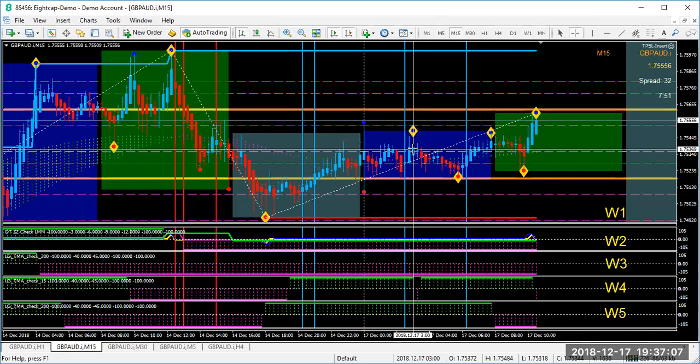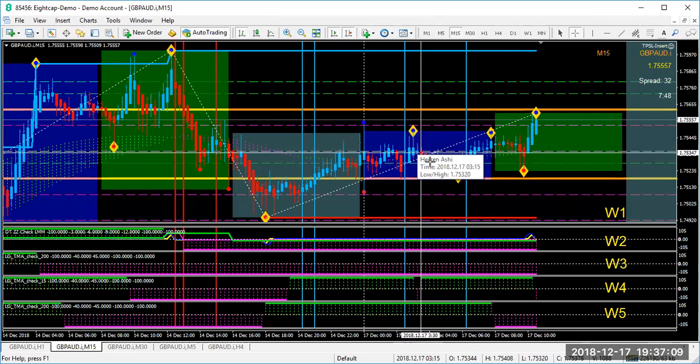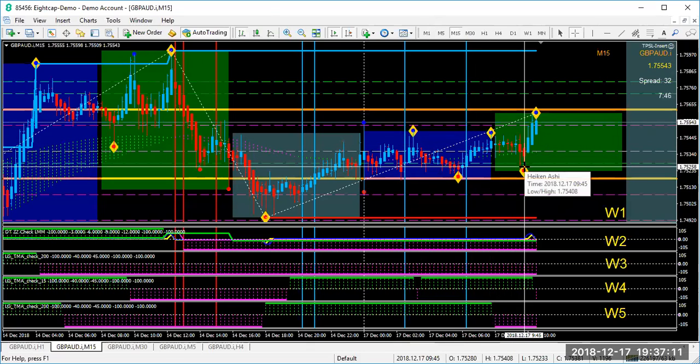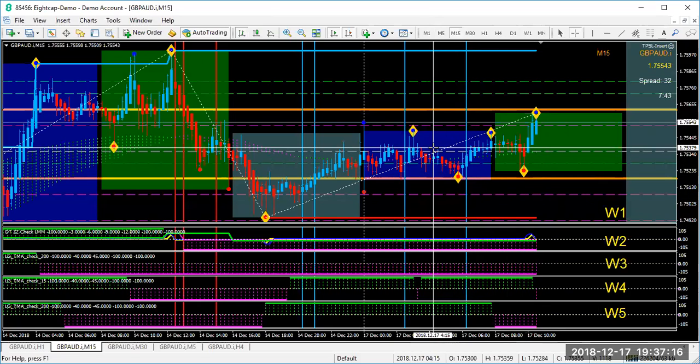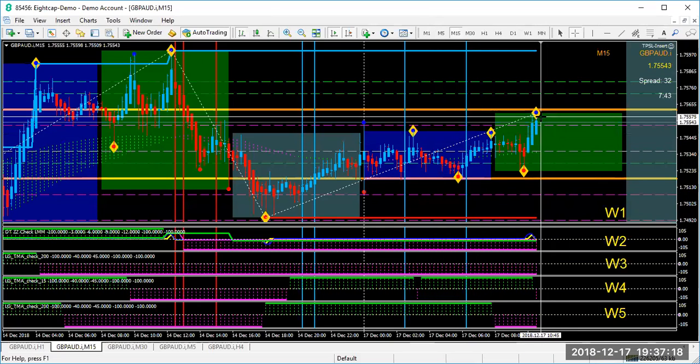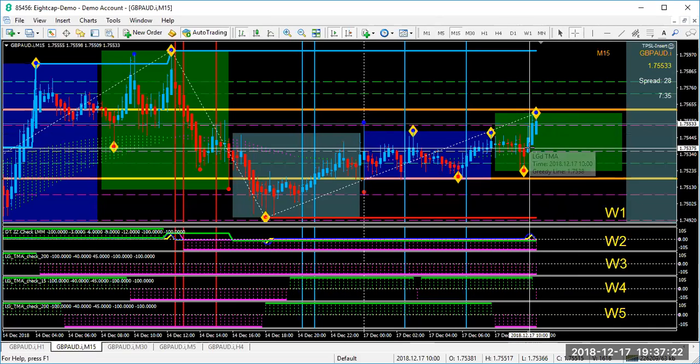But once again, every time you had a diamond, prices move the other way. Okay, so once again, into the trade. So yeah, these movements between these lines are still nice little